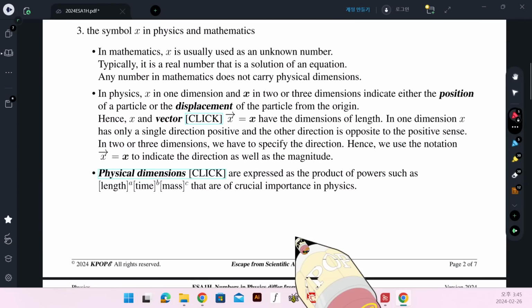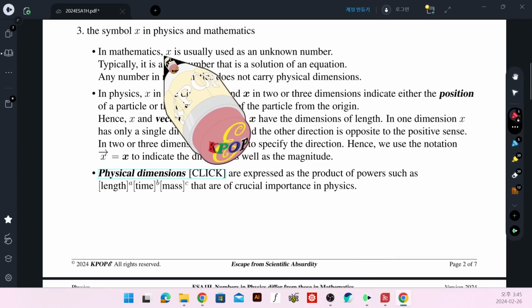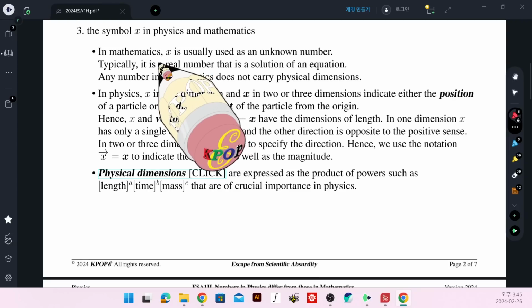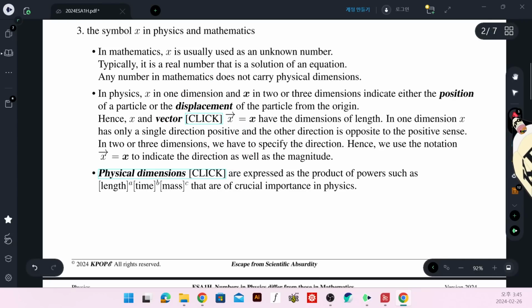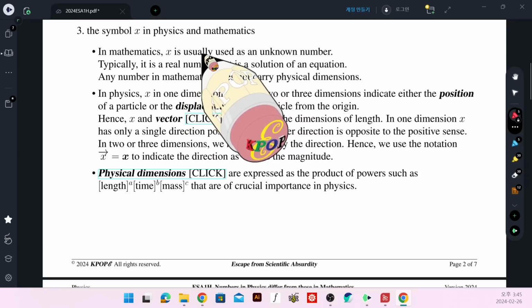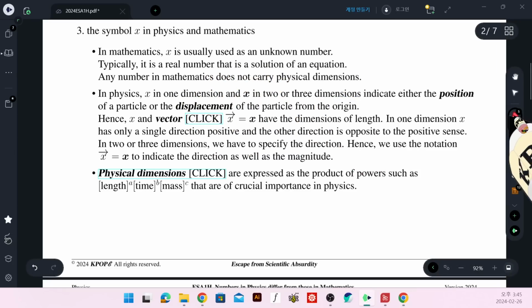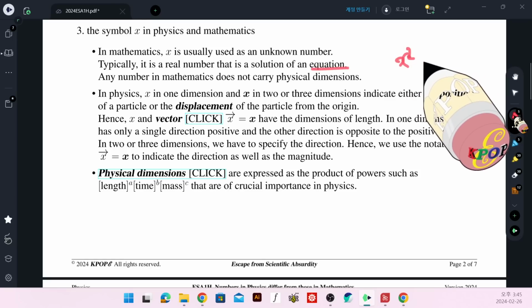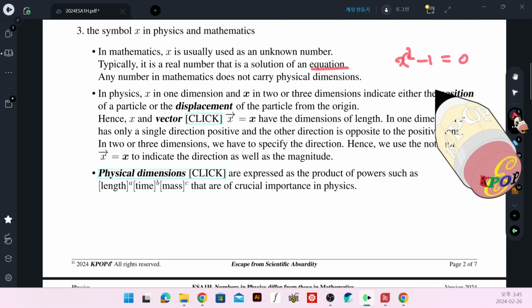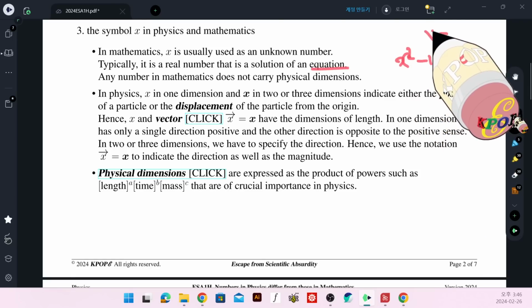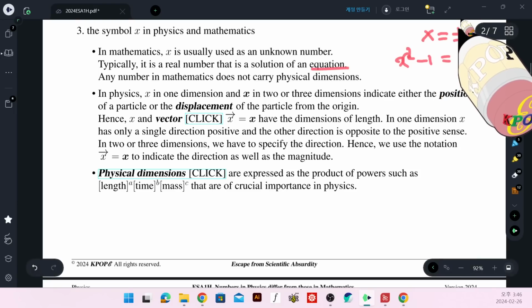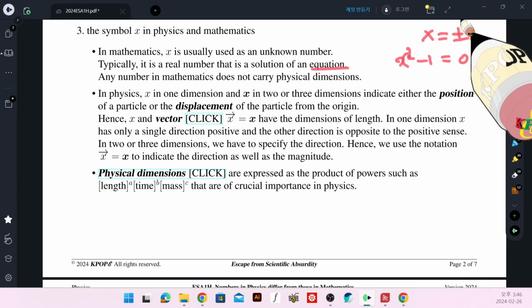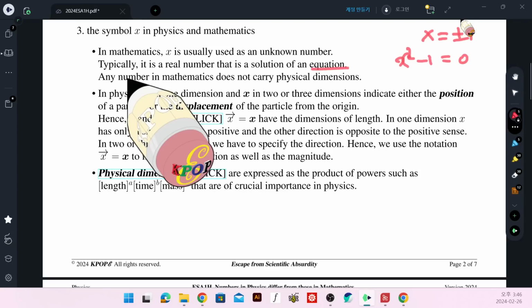Okay, the first topic is the symbol x in physics and mathematics. Perhaps you're familiar with the letter x. Usually it is written in italics, and in a mathematics textbook it appears as a solution of some equation. For example, x squared minus 1 equals 0 has a solution x equals plus or minus 1. Okay? However, in physics,